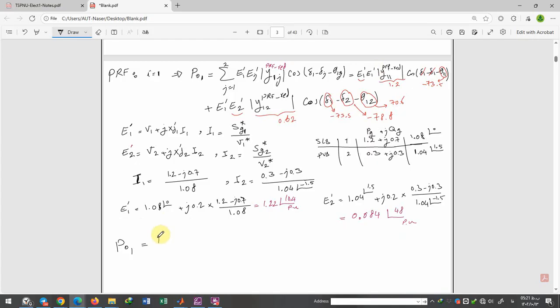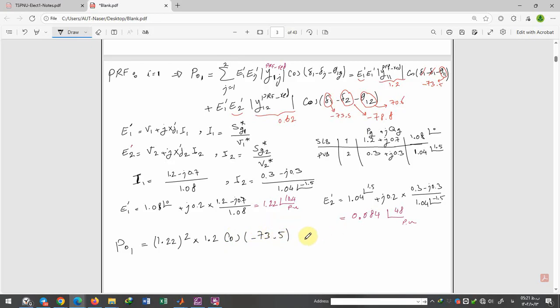So E1 prime in this equation is a magnitude 1.22 squared multiplied by 1.2, and cosine of minus